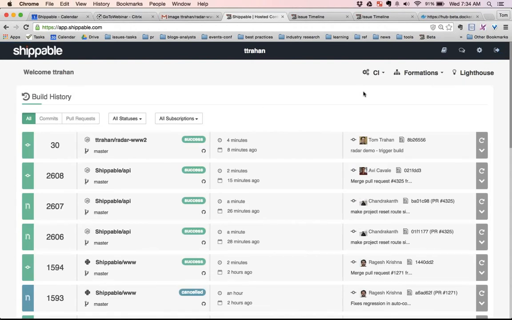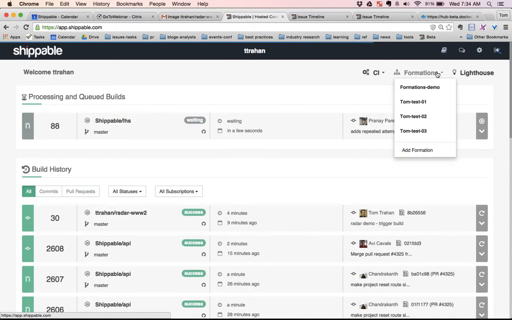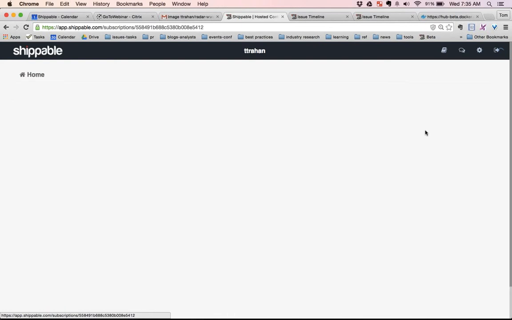So one of the real key elements of the shippable system is the idea of these automated pipelines from end to end. And you saw before we talked about that means from source code check-in all the way through continuous integration through image registries, and then being able to deploy those into dev and test environments where you can perform any amount of testing you want to perform on your applications. And so let's dive into formations where that fourth step in the process is happening, and you can see that